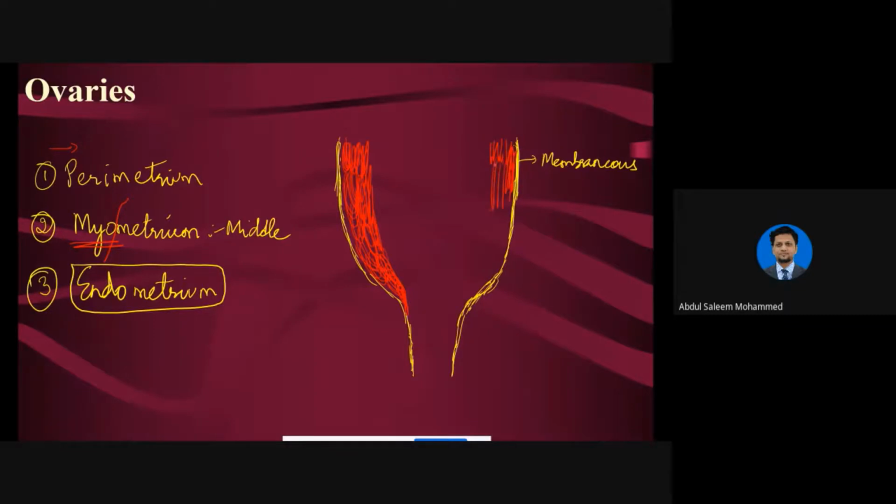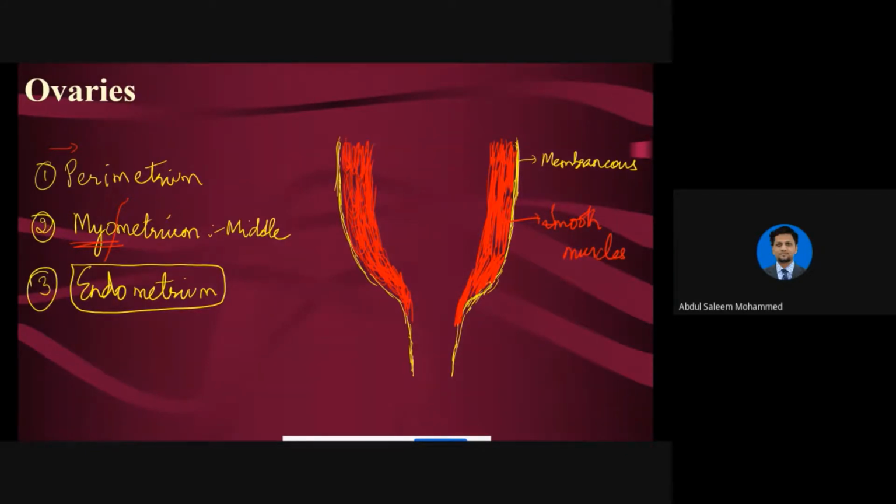So it is the middle layer, it is very thick, and the type of muscles present in this layer are not the skeletal muscles, they are not the cardiac muscles, but they are the smooth muscles. So here I write down smooth muscles. Okay, so the uterus is highly muscular, with the second layer present just below the perimetrium. That layer is called the myometrium. Now these muscles are very much active when the process of parturition takes place.